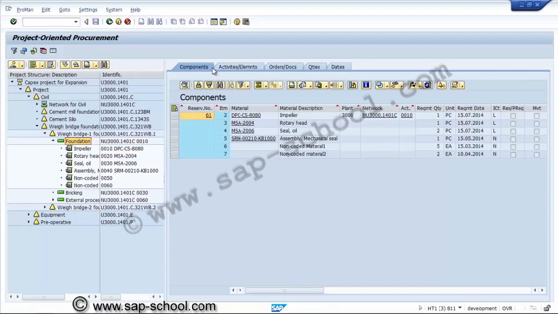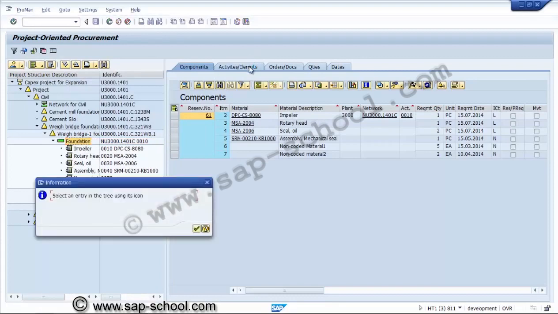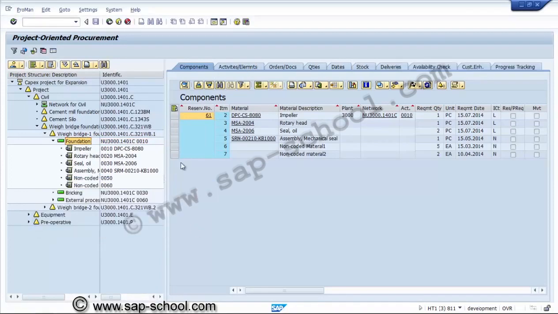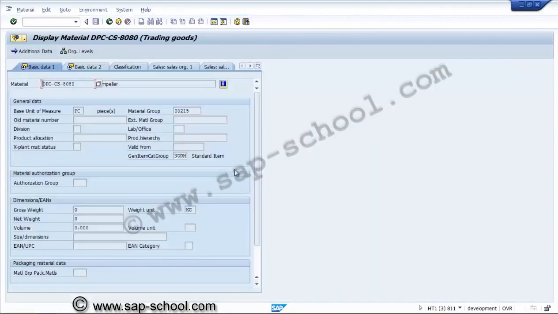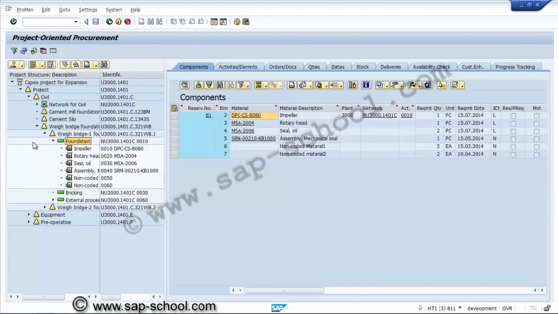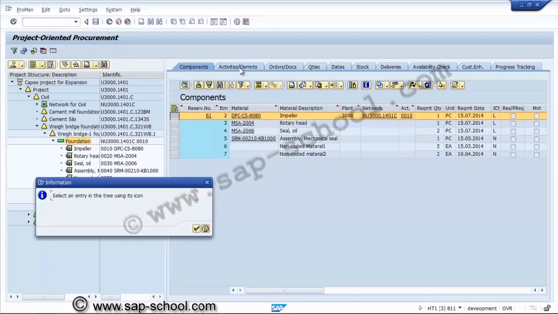For this activity, these are the components. This is the component, the material. This is a material display directly from ProMan.